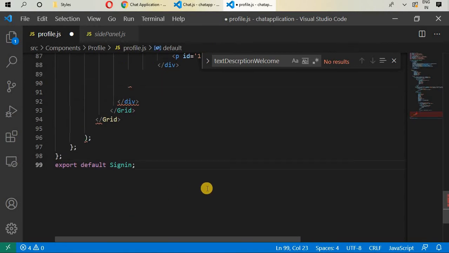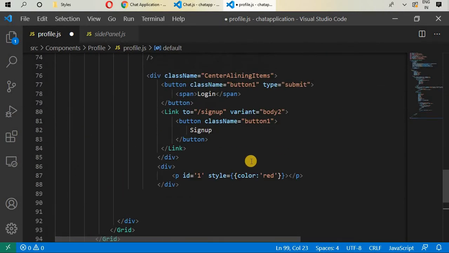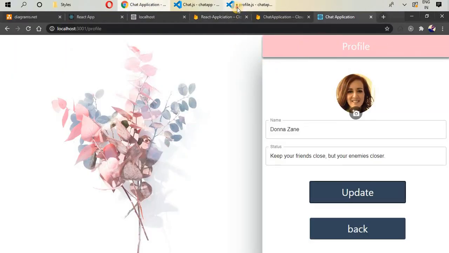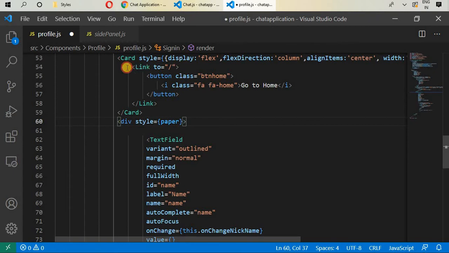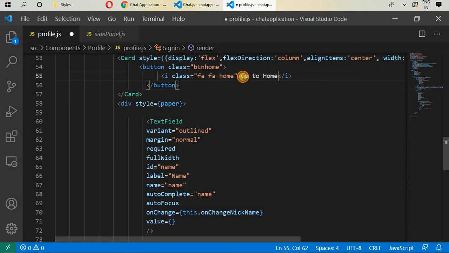Go above, in here just below this, and by the way we have profile written above, so we will remove this link from here, and we will write